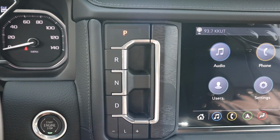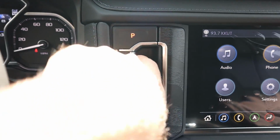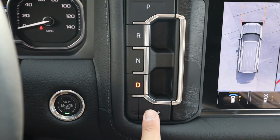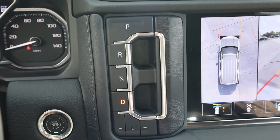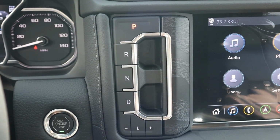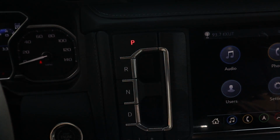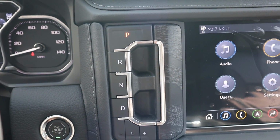Now here is the interesting part. This is the gear selector. So you can see you press in for park, you actually pull up for reverse, and then you push in for neutral, and then you pull up for drive, and then you've got the low gearing, which you push in for, and then you can do the manual shifts with those two buttons right there. Now the only thing that's a little bit confusing about this when you first get in is it looks like you pull up on everything because they all have that little latch design on them, but just remember the ones where you can actually stick your finger in, that's where you're going to pull out of. Once you kind of just get used to the general idea of it, it's really easy to use,